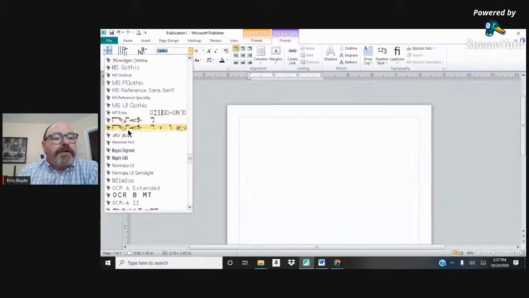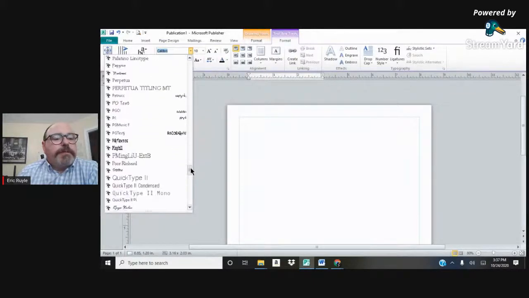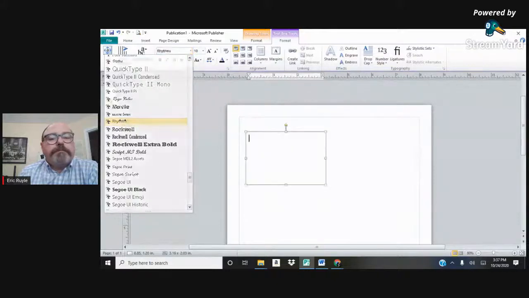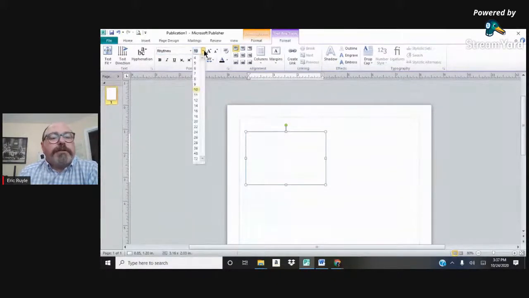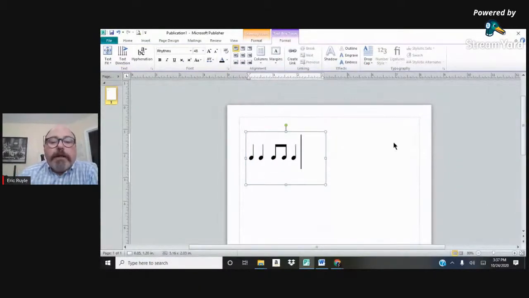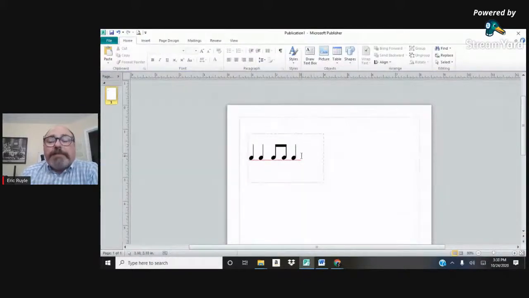So I'm going to go under my fonts. There's that music education font that I could use, but I'm going to use my rhythm font. I'm going to make it bigger because it generally looks good pretty big, size 42. I want a quarter note, type Q. Another quarter note, type Q. Want eighth notes, there we go. And let's do a quarter rest. So there I have it. I just typed it in, so it moves around, and I can move it around like I want.